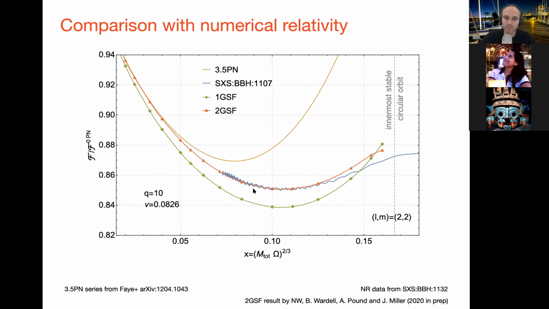such good agreement. And just as a reminder, this numerical relativity simulation would have taken months to compute, just for this single mass ratio. Once we've done our calculation, we can compute these plots in milliseconds, and we get almost exactly the same curve over at least quite a wide portion of the separation space here. Okay, so that's been very nice. We see that things are looking good at Q equals 10.